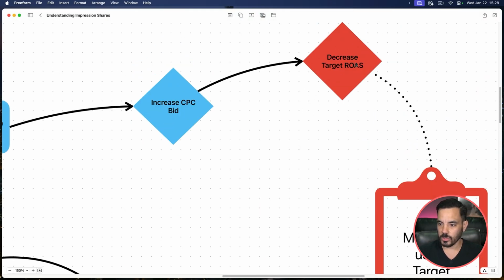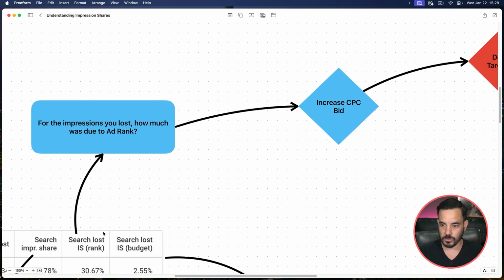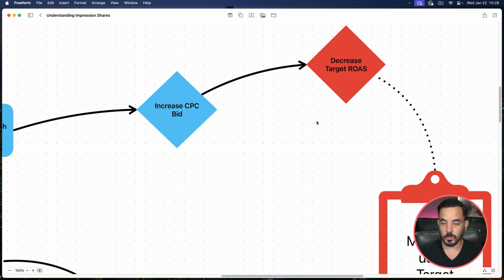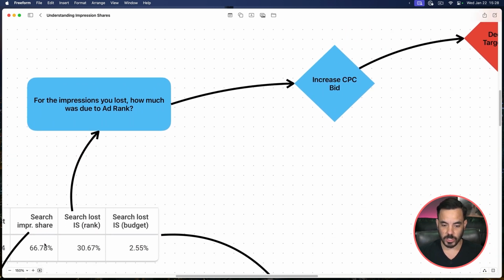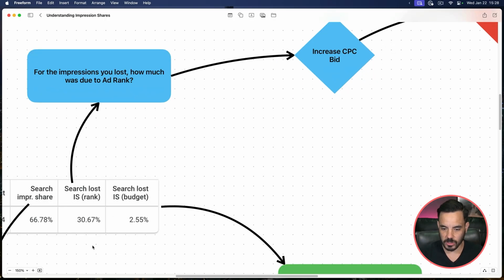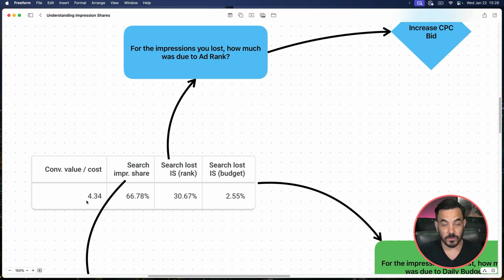When you are losing search impression share due to rank, you improve the situation by decreasing your target ROAS. And this will reliably increase your search impression share, right? So if you want to make this number go down and make more revenue, then you need to decrease your ROAS target. Now, obviously there's a big trade-off there because you can't always decrease your ROAS target. But what you can do is look at your ROAS first. If your ROAS is way above your profitability level and it's really, really profitable, then you can afford to decrease your ROAS target, still be profitable, and then reduce this number, increase your share of market, and make more